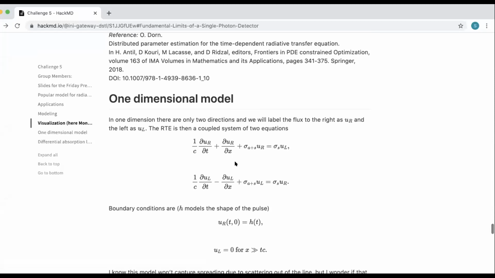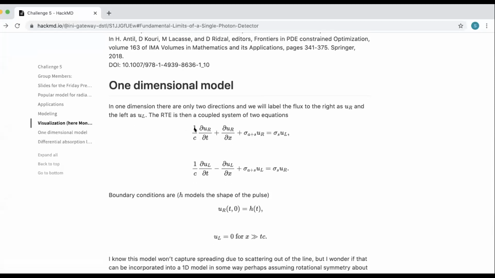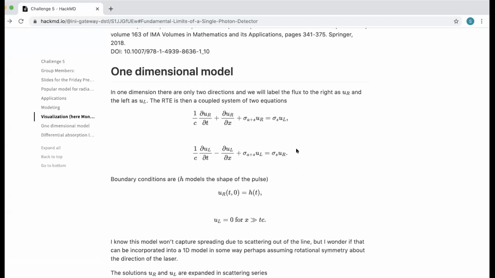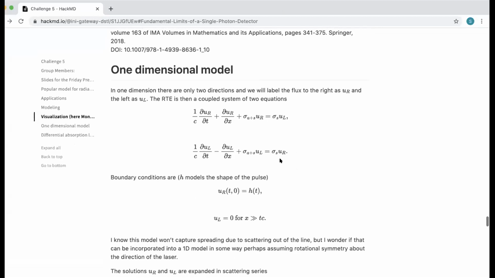laser. And so if we write the radiative transport equation in 1 dimension, we have these 2 equations that are shown here. The right-hand side is the scattering, and when we have an integral in these 1 dimension, we would just have the single term. So there's some scattering, and so the UR represents the intensity moving out along the beam to the right. I'm thinking of UL as moving back along the beam.